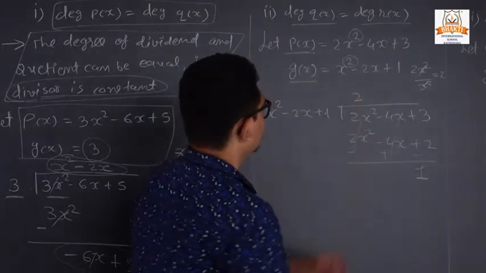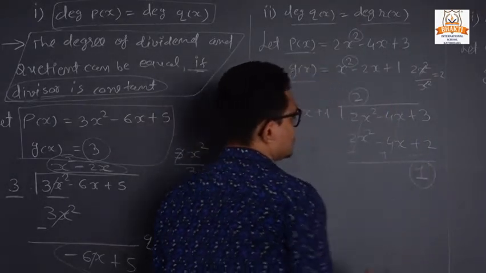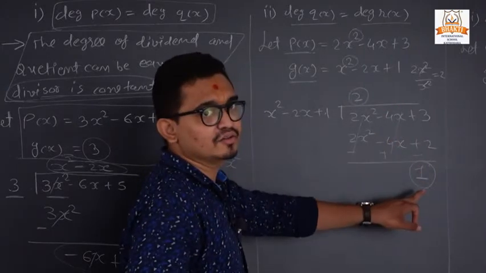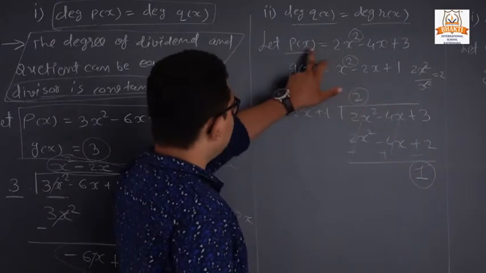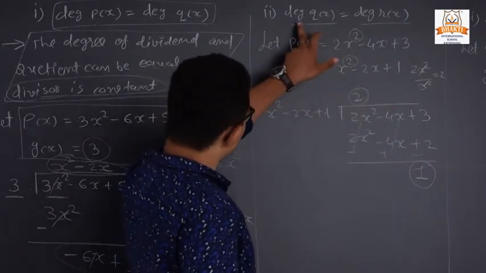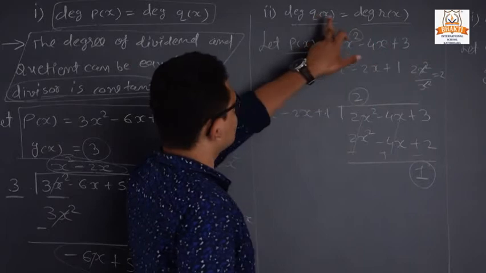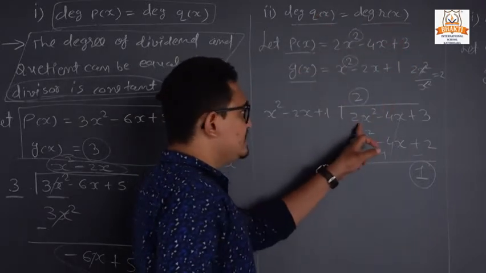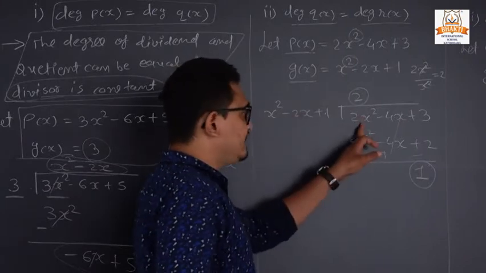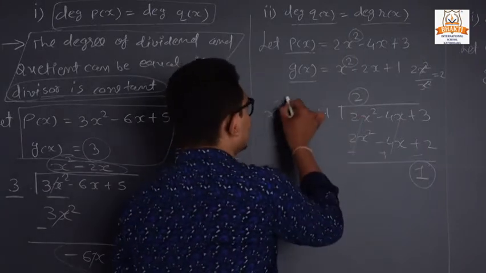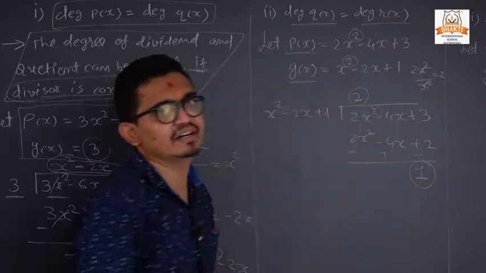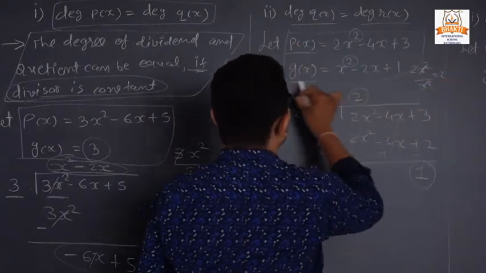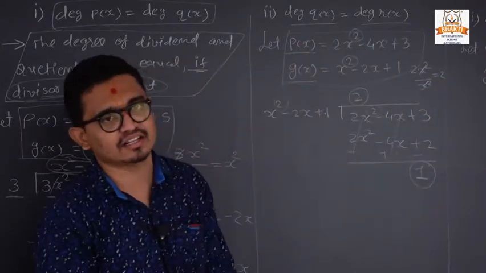So see that both are constant terms. It means the degree of quotient and degree of remainder will be 0. Clear? So it means that the degree of quotient and degree of remainder will be equal when the divisor and the dividend both have equal degree. Clear? In examination you can write only that thing, the example only. You cannot perform all that.